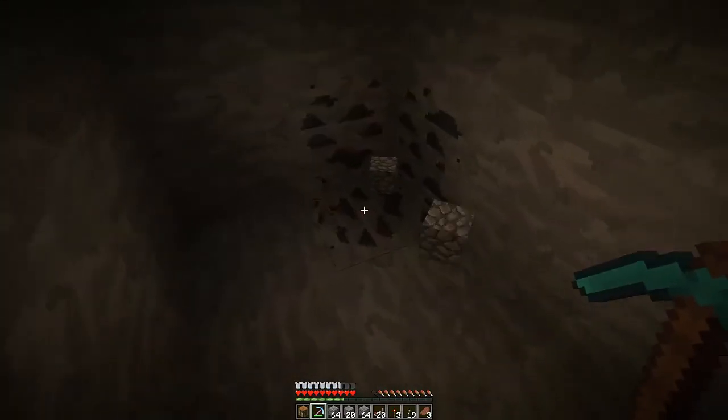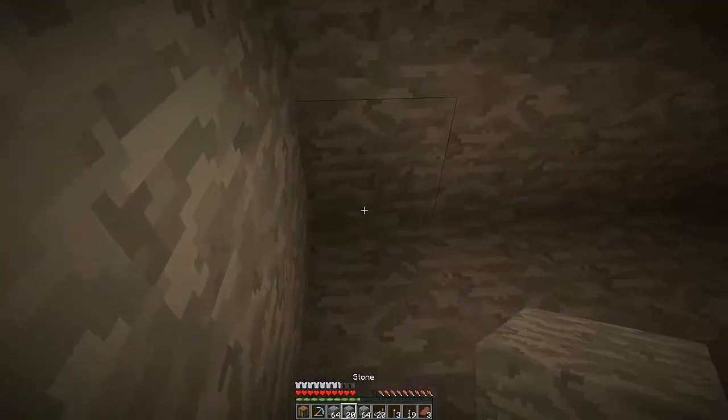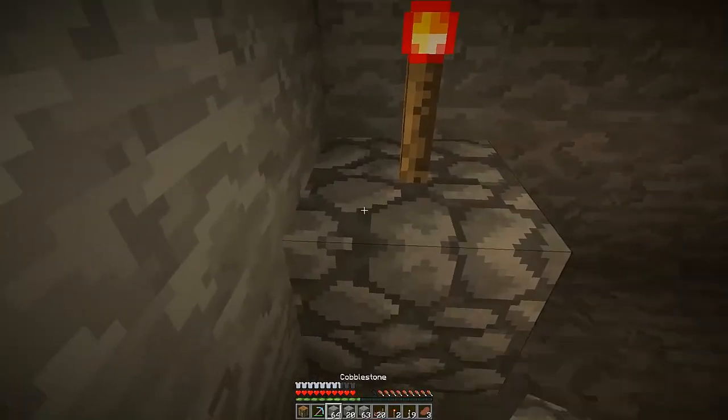So that's 1, 2, 3. I'm just going to speed this up. So here we are, 9 blocks over. You can go ahead, place the redstone torch there,